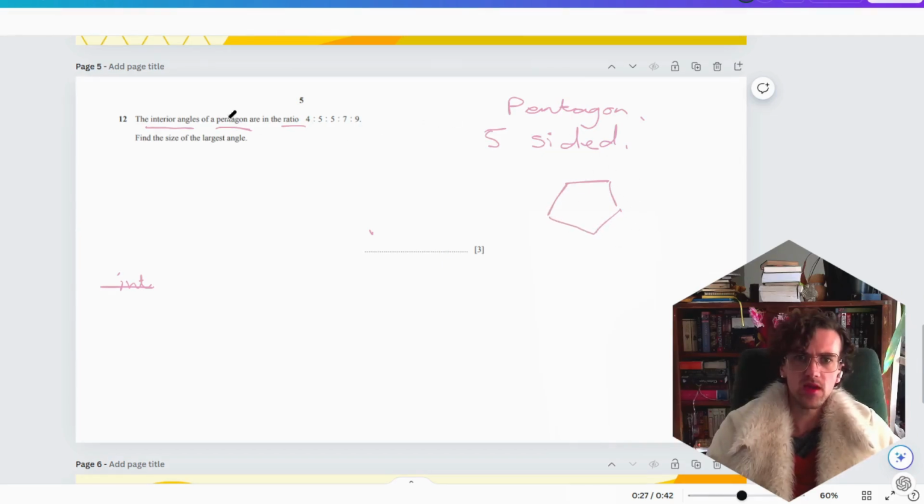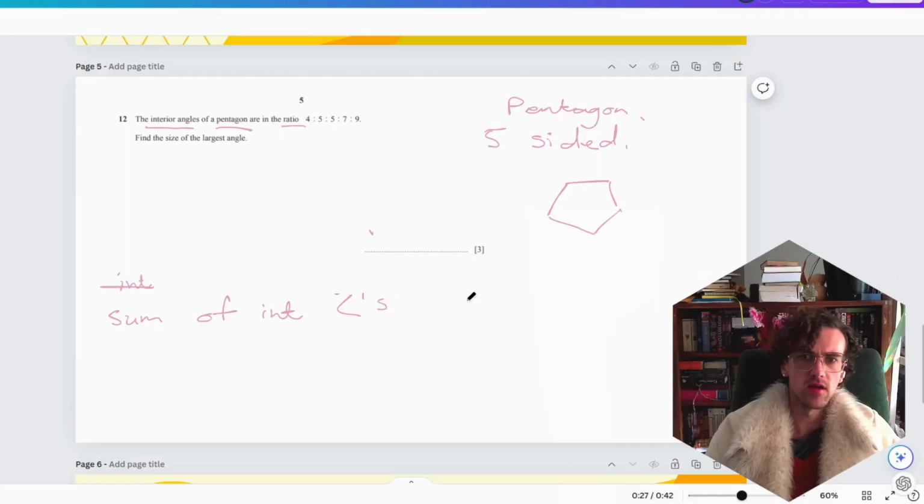Now it says the interior angles of a pentagon are in the ratio 4, 5, 5, 7, 9. Okay. Now, in order to do this, we're going to need to understand the sum of the interior